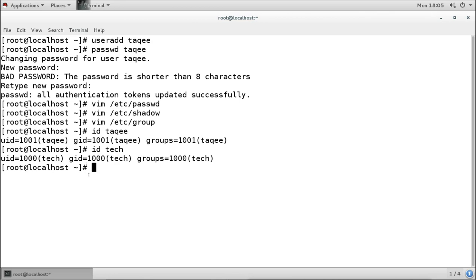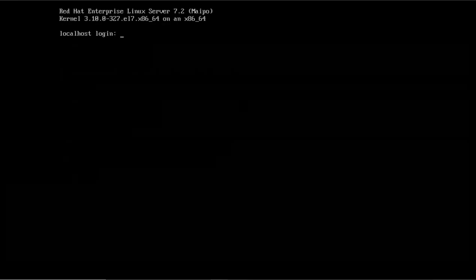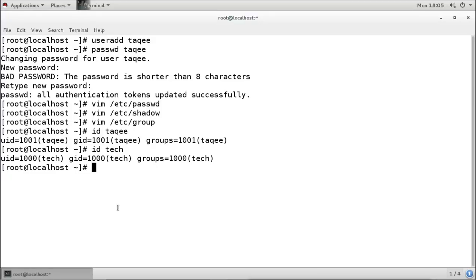Now in that remote terminal you will not get other terminals like this. When you're logged in directly, you press Ctrl Alt F2, you will get another terminal where you can log in with the user account and go back to graphical to log in with the other user account. But if you are accessing this server through a remote terminal, then you will get only one terminal.